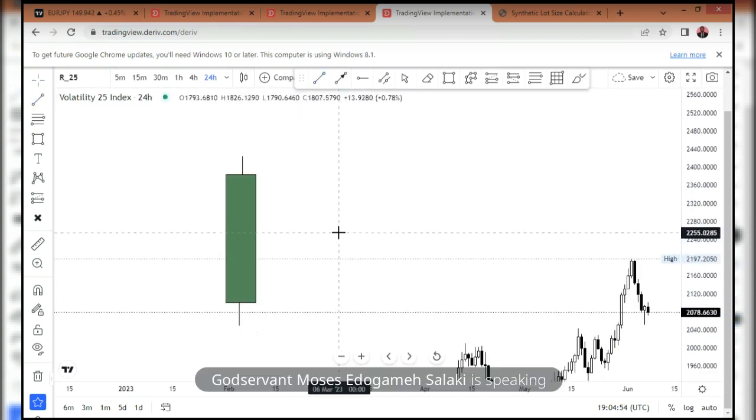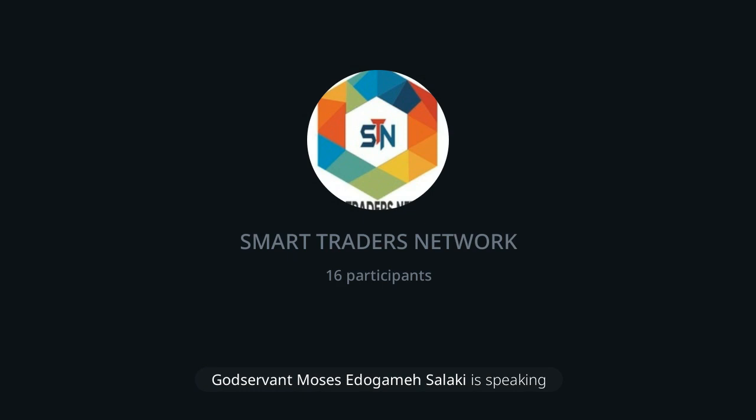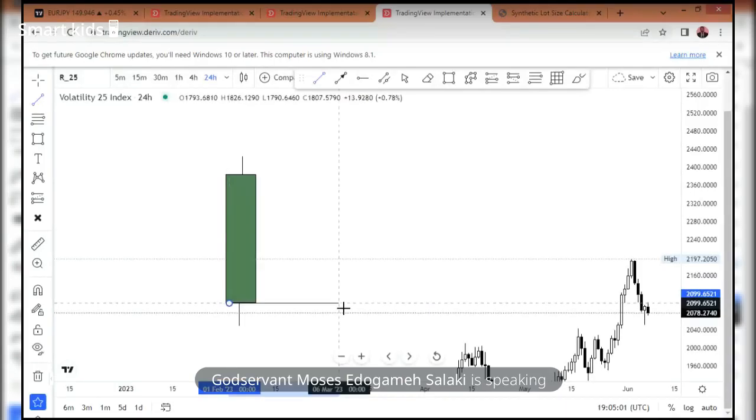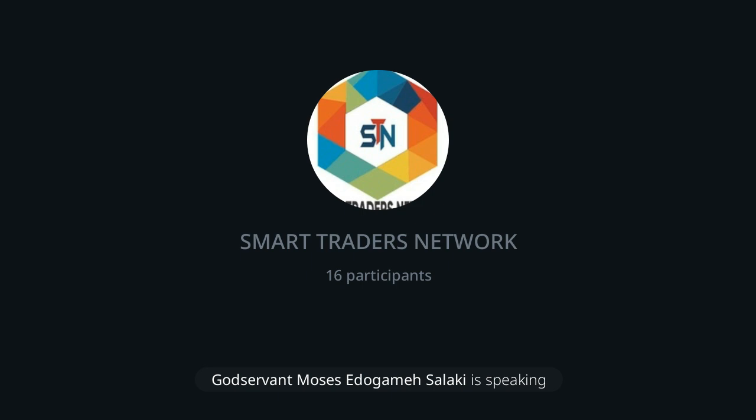So since this is a bullish candle, first, this is the open of the candle. When price opens, since it's bullish,